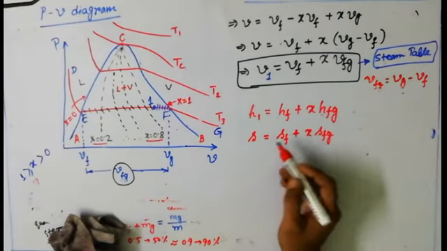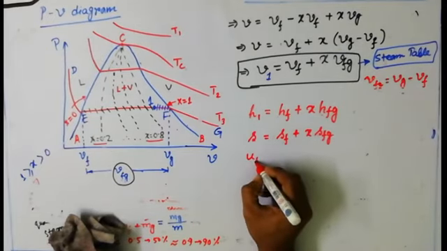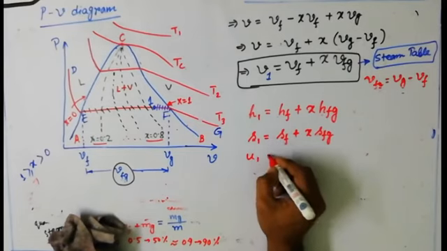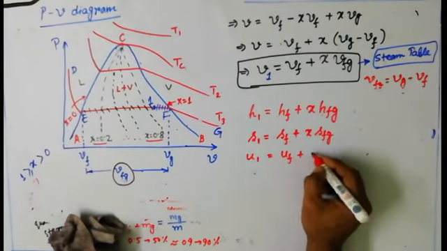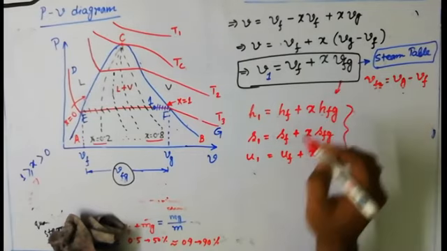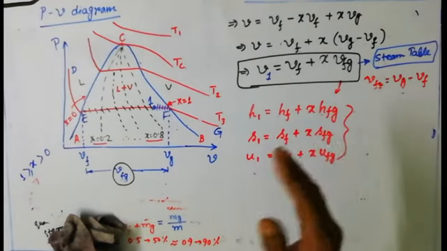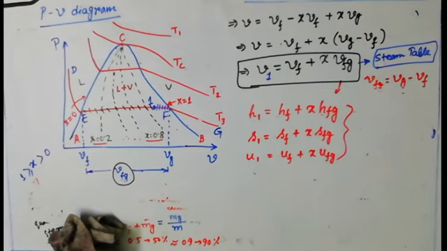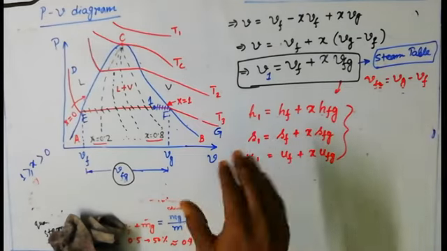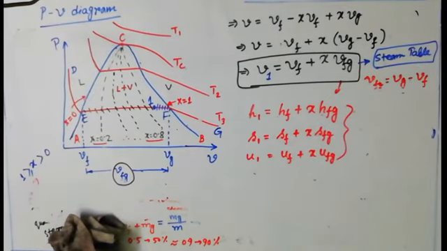So you can see the same kind of structure I am following. Similarly, internal energy at that particular point 1, you can find out as uf plus x into ufg. All those formulae follow this same structure, because that same kind of derivation can be done for these properties also. If you understand one derivation, the rest of the derivations will be just like the same one. So you just have to keep the formula in your mind. This formula is going to be used to solve different problems.